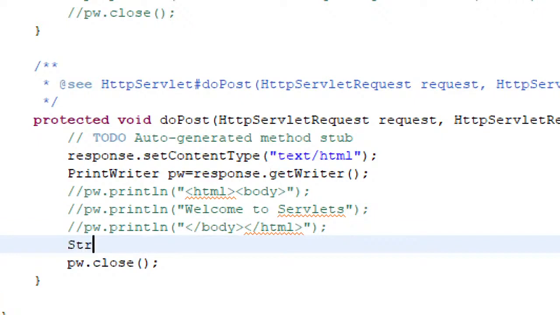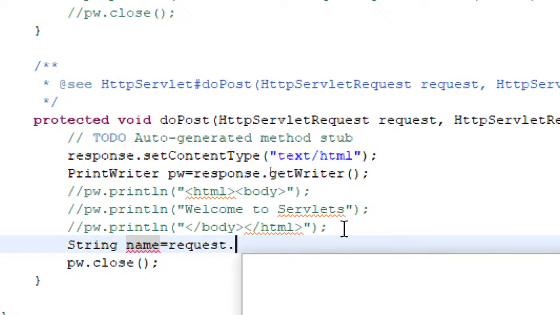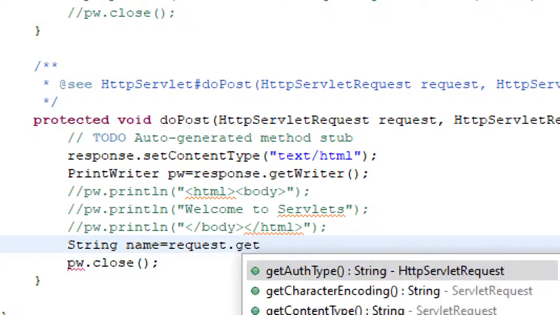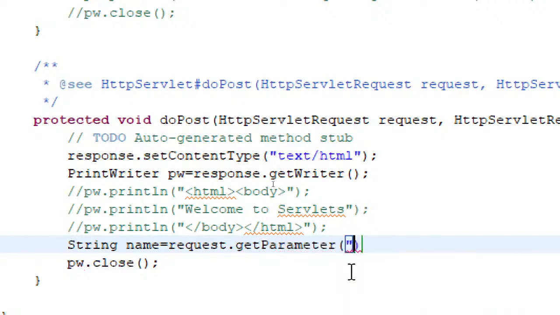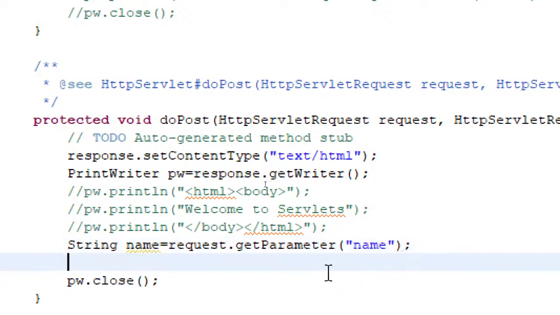So I'll just read that: String name equal to request.getParameter of name. Very quickly we will see this, because again I don't want to postpone this.